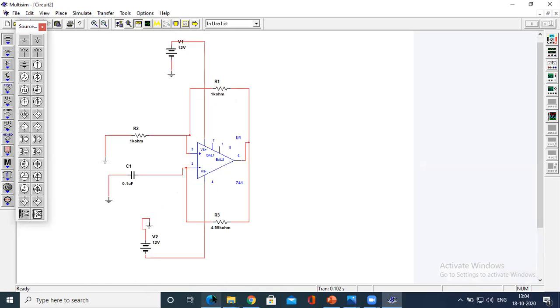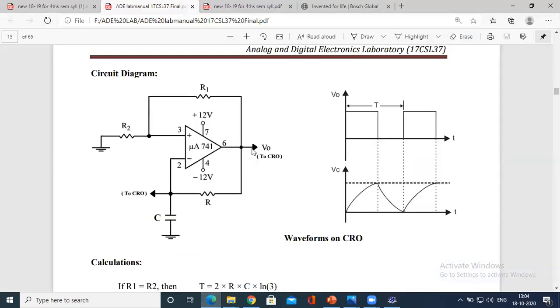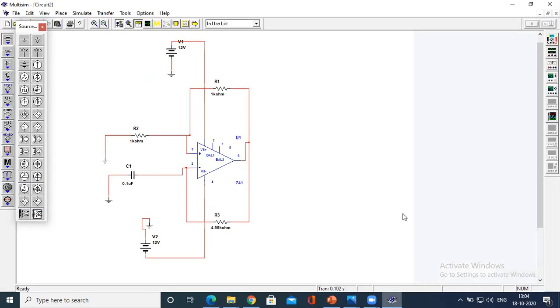Now coming to the concept of CRO, you have a CRO output to the 6 and input to the 2. So let me take a CRO over here. Oscilloscope. You have oscilloscope on right hand side. Click on here. This is input. This is output. So as I said, one terminal has to be connected to the 2.